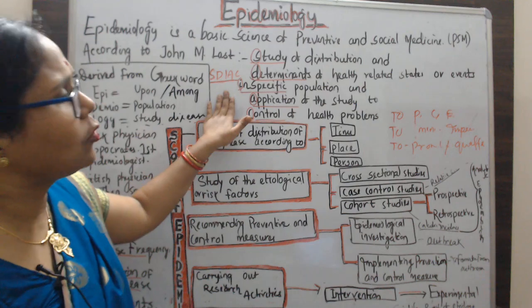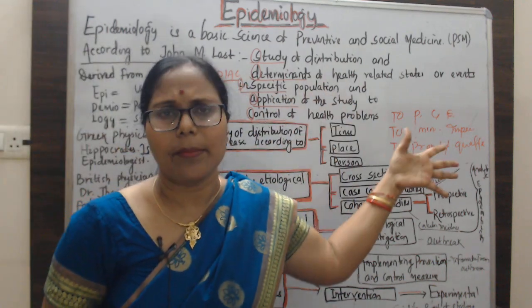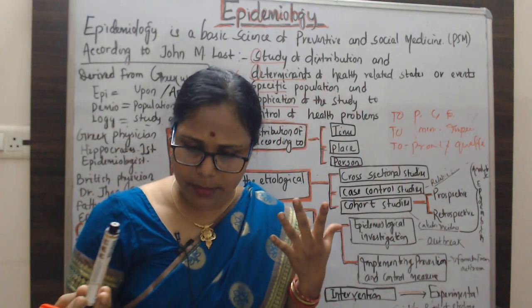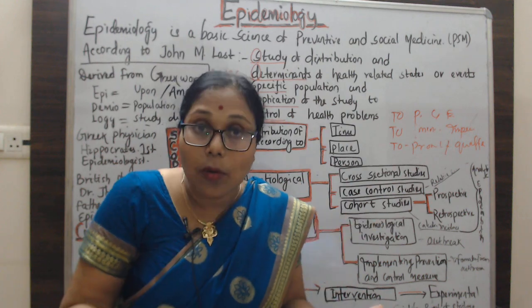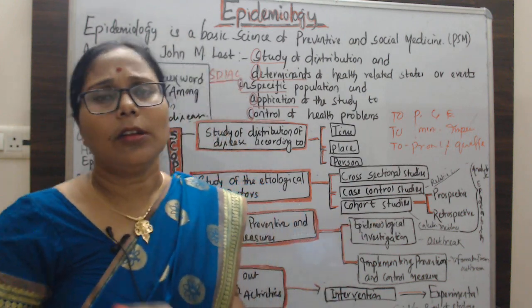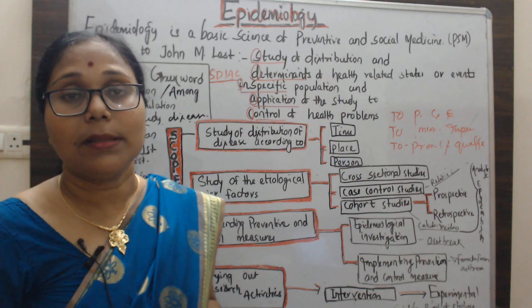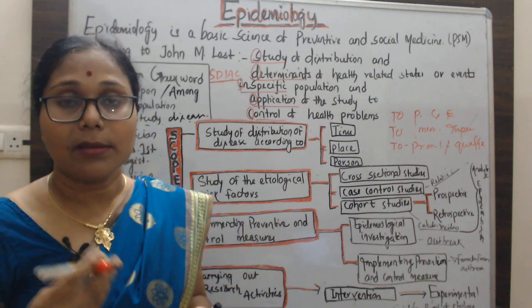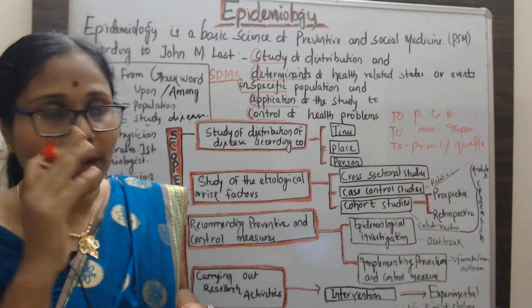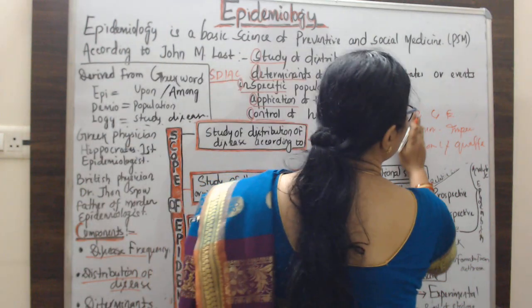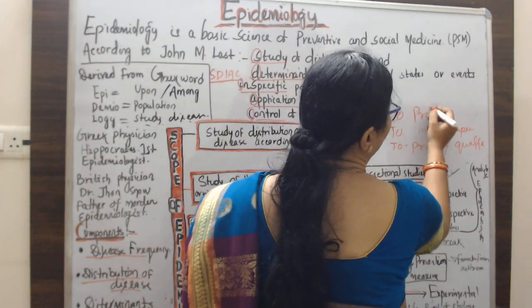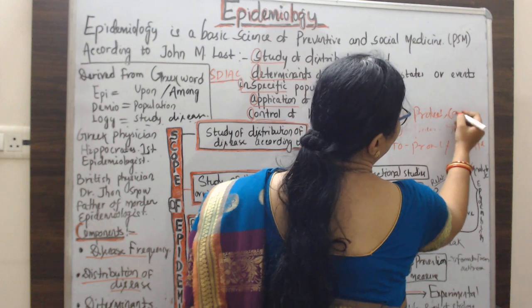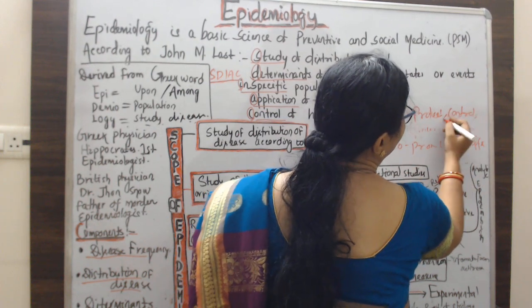What is the goal of epidemiology? What is the aim, the objective? After this study, three goals can be achieved. One, to protect, control and eradicate